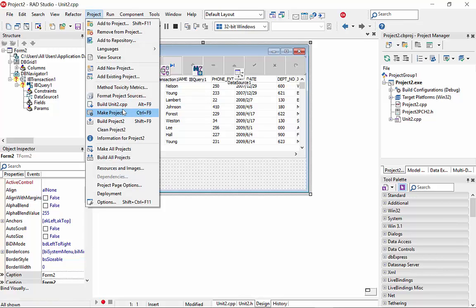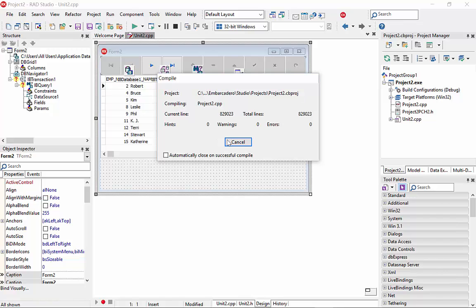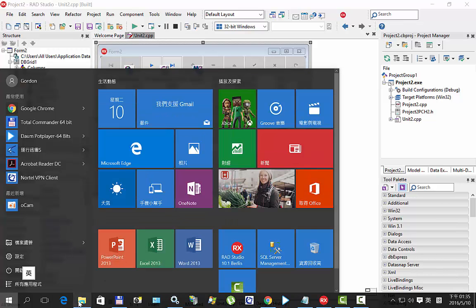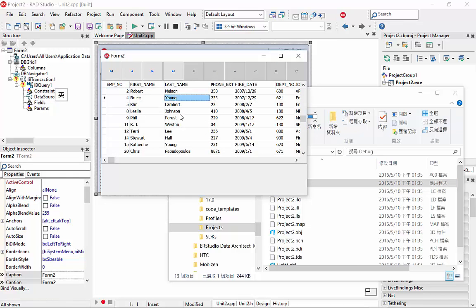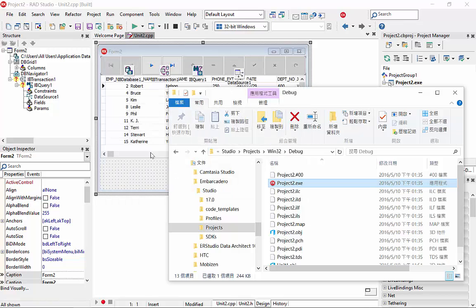Now you can make this project and try to run it. You can see that it is a pure Win32 C++ application that can access InterBase. But as you can see, now you are only in read mode, because the insert, delete, and edit buttons are disabled. Okay, so if you want to manipulate data inside the employee table, we need to put in another component,